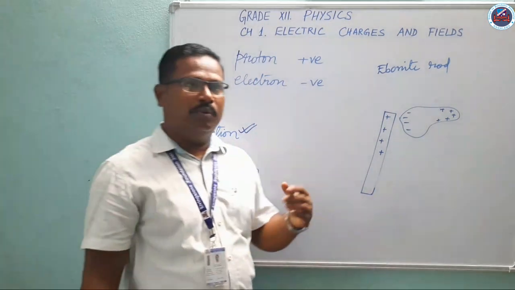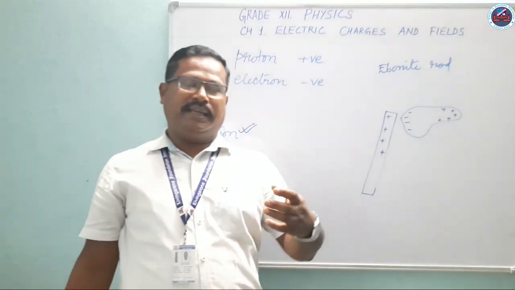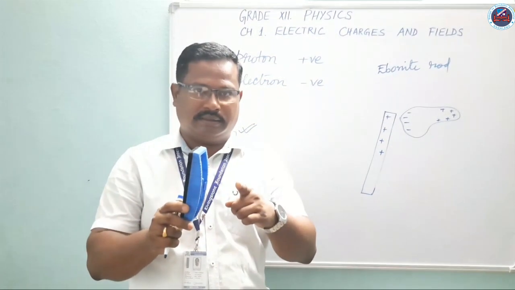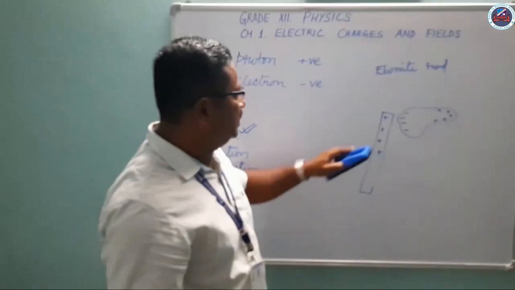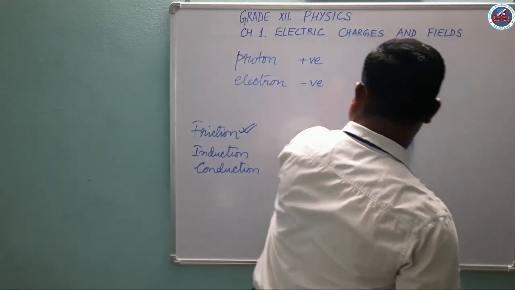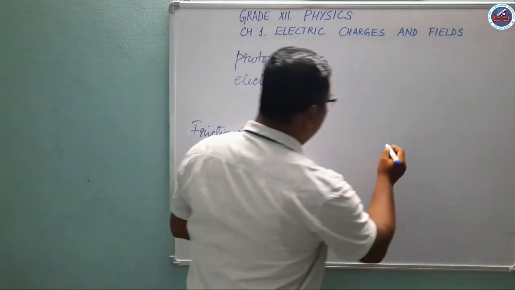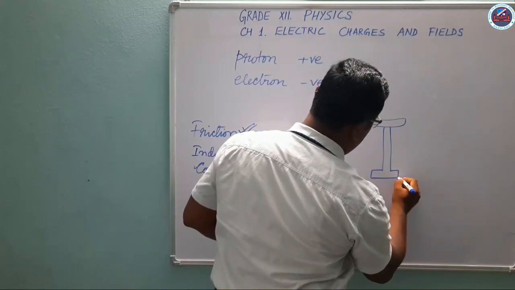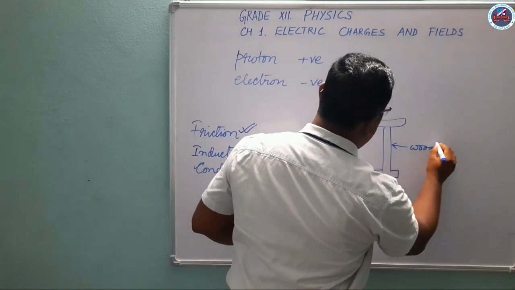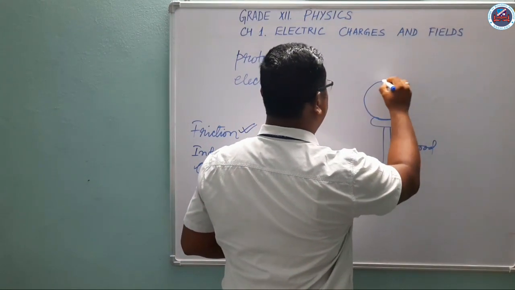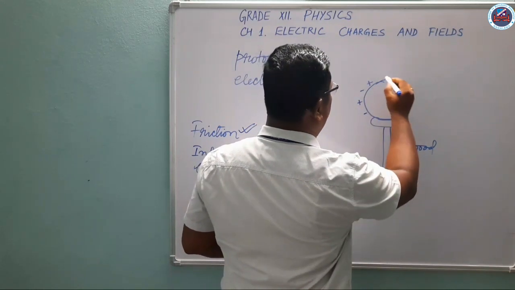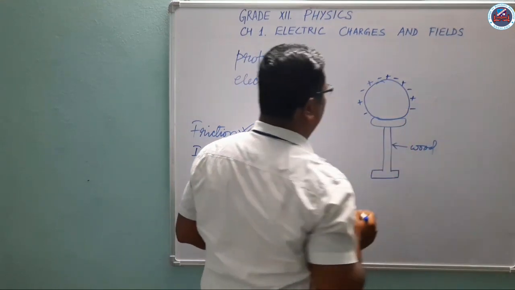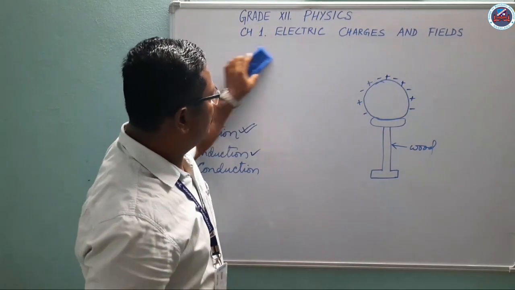In induction, a body can be charged when it is brought near a charged object without bringing in contact. Keeping it at a certain distance, we can charge a neutral body. The second one, let us see. Suppose this is an insulating stand, an insulator of electricity, let us say wood. This is your uncharged body. The charges will be well distributed like this: positive, negative, like this. Now, if I bring